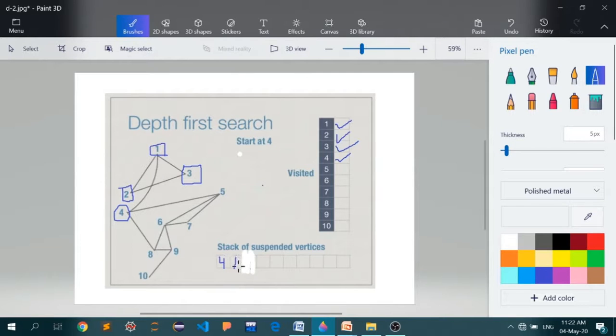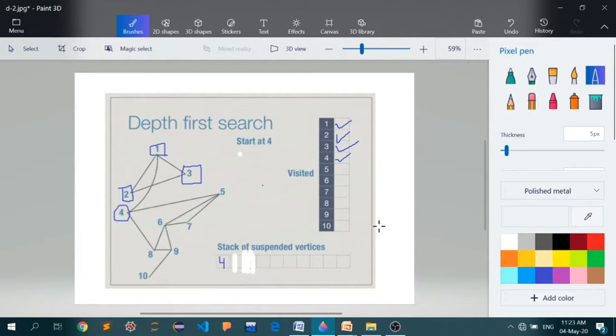Now let's get back to 1. Why am I getting back to 1? Because if I look at the top of the stack, 1 is at the head of the stack. So we come to the first vertex. Let me figure out how many of its neighbors are still unexplored. It has 3 neighbors, 2, 3 and 4, and as you can see all of these have been explored. So we can remove this from the stack also, because it has no new information for us.